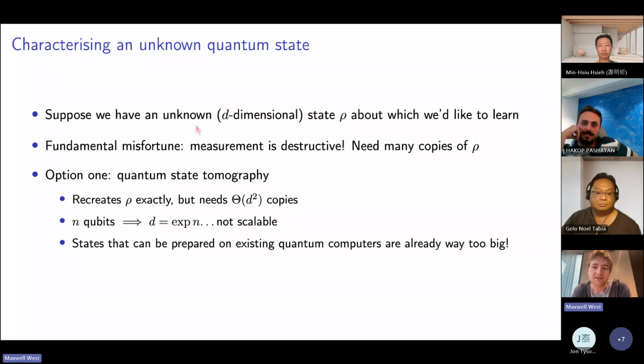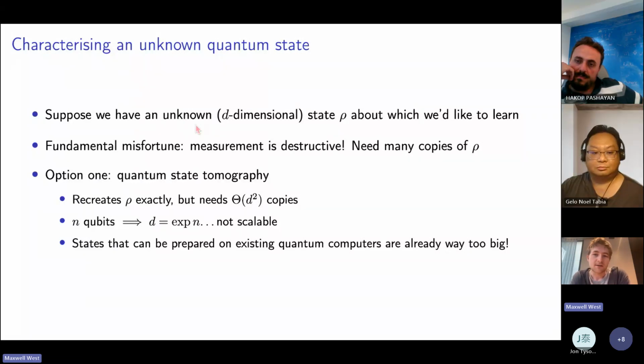So then, okay, the lesson is we need lots of copies of the unknown state that are maybe being prepared on a quantum computer. Maybe you even have the source code of the unitary that's creating the state, but it doesn't necessarily imply that you actually understand the state particularly well. Or maybe it's coming from some quantum sensor or something more exotic.